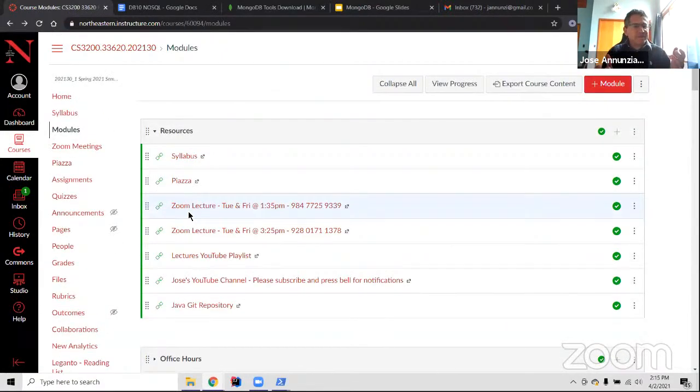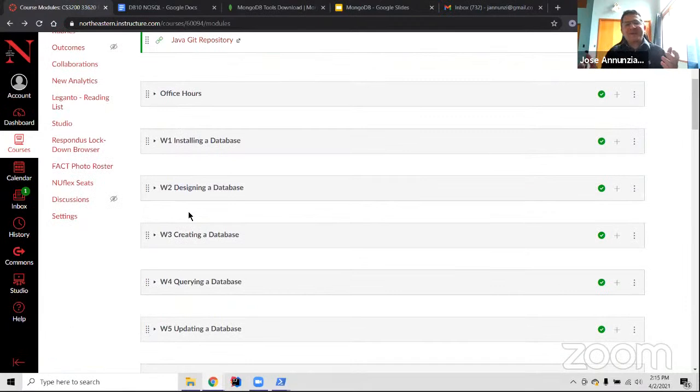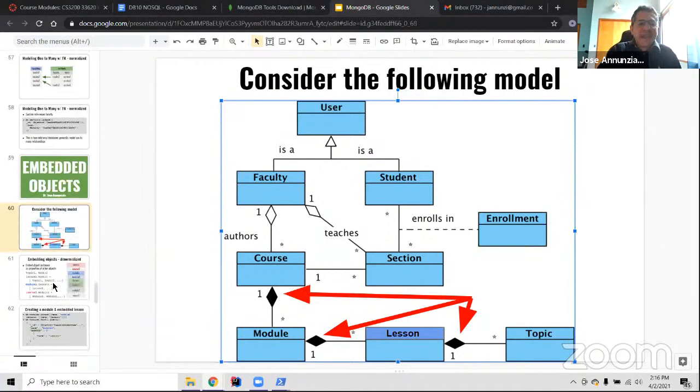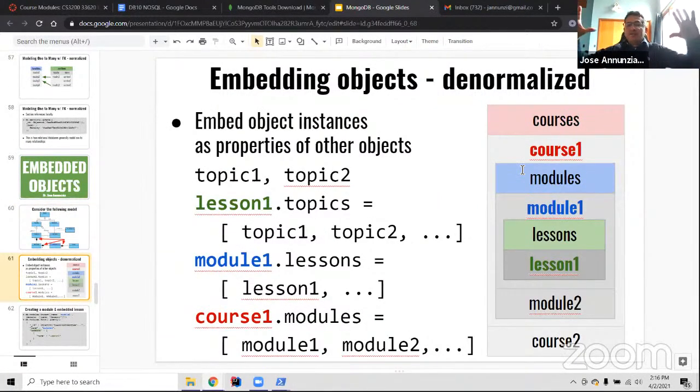What happens if you remove the course? All these modules go away, right? It makes no sense that the modules would exist even if you remove the course. So in that sense, it's a composition relationship. All the modules, all the lessons, all the content of this course is gone. So it's this type of composition, not aggregation. If you remove the course, the modules are gone, and the lessons in there, and the topics, everything's gone. So we capture that with a filled-in diamond. So if that's the case, now we can use the embedded